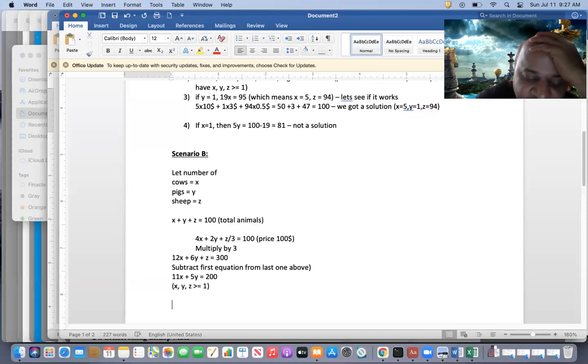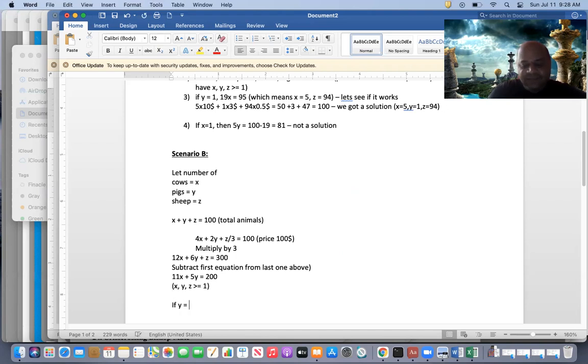So it is not. Y is equal to 3 is also not there. Y is equal to 4, no, not there. Y is equal to 5, no, not there. Y is equal to 6: 5 into 6 is 30, 200 minus 30 is 170. Still not possible. Y is equal to 7: 5 into 7 is 35, 200 minus 35 is 165. 1 plus 5 is equal to 6, so it is divisible by 11. So we get a solution when y is equal to 7.